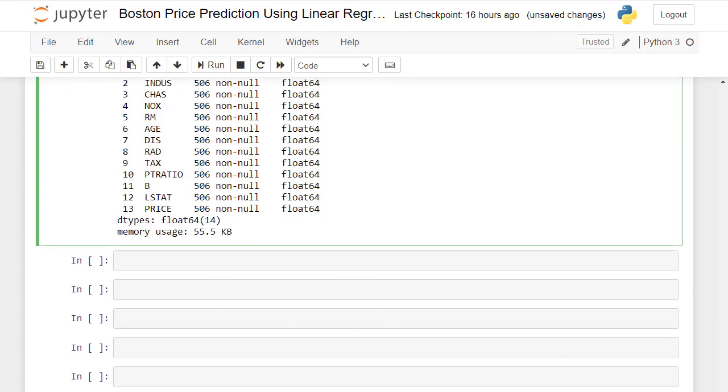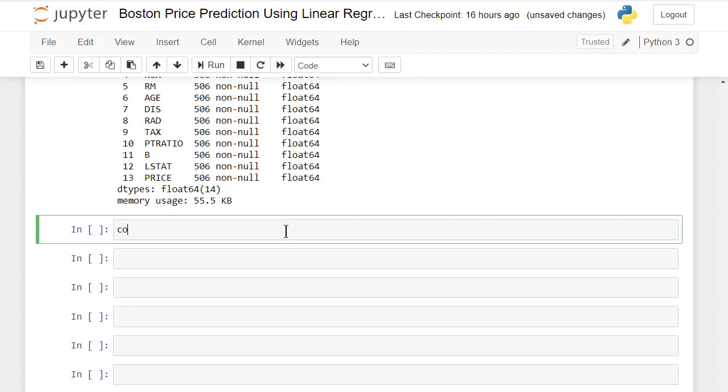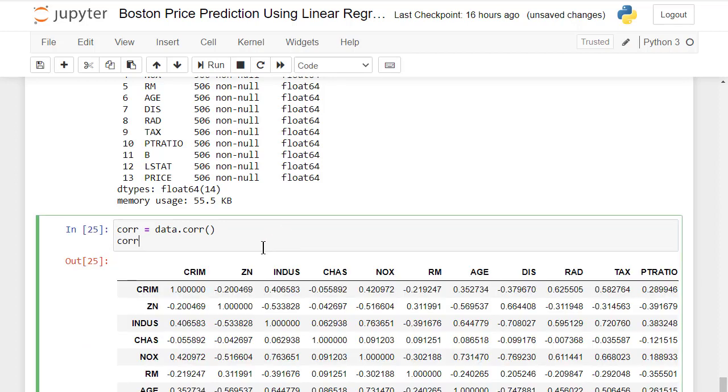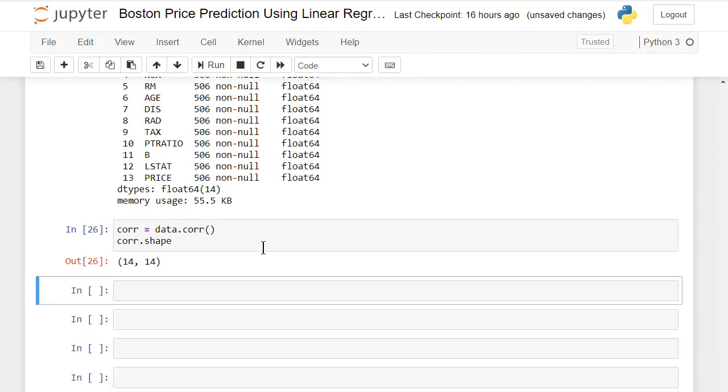Now we'll take a look at the correlation. In case you don't know about correlation, be sure to search on the internet and you will find all about it. Let's print our correlation, and this will print it. The shape should be 14 by 14. Yeah, 14 by 14. Now let's plot it and visualize it with plt.figure